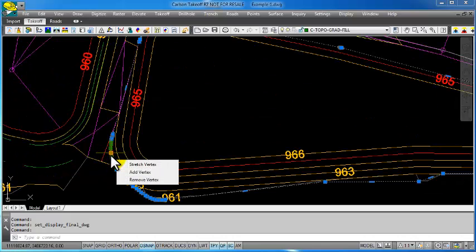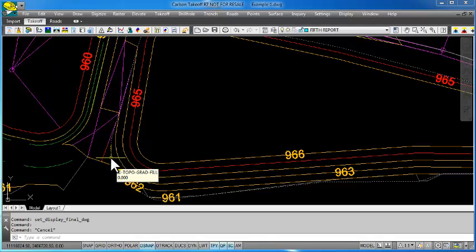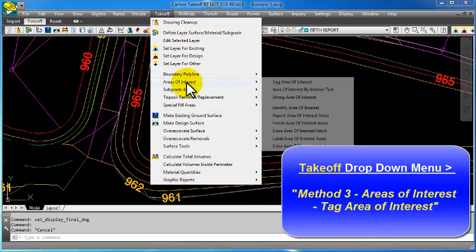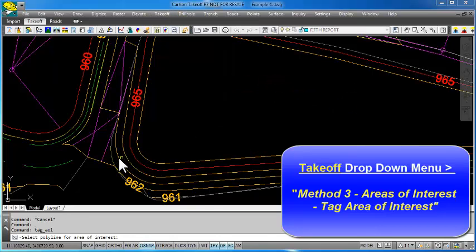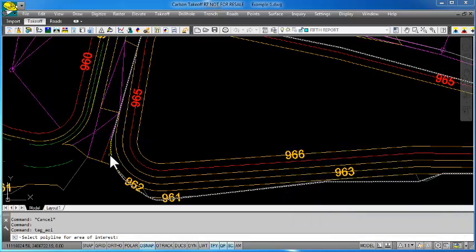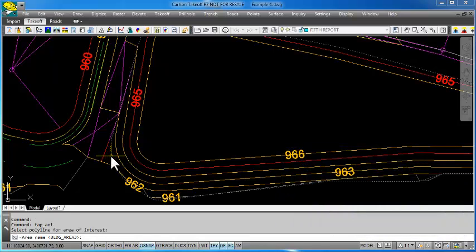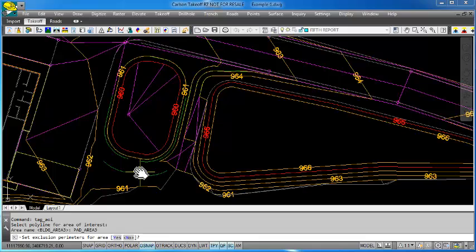You can see it's here. If I hit escape to get rid of the grip handles, it's in this layer here. So we're going to go up to area of interest again, tag area of interest. I'll pick this guy here, and we'll call this pad area 3, and exclusion area, hit return, and here we'll just use this polyline, this contour polyline for the pond 1 area